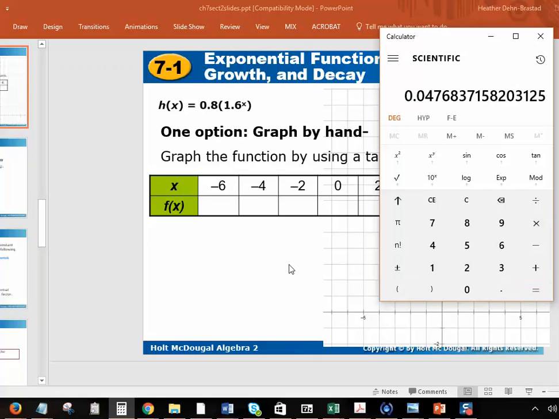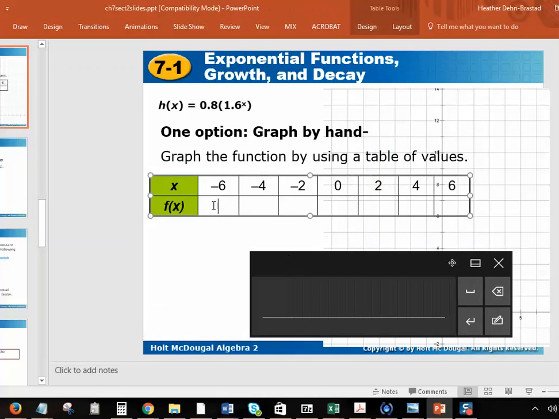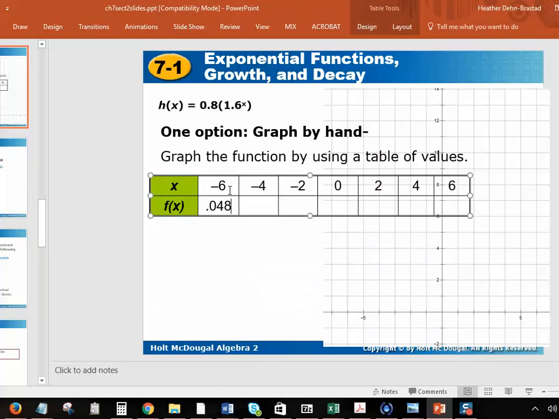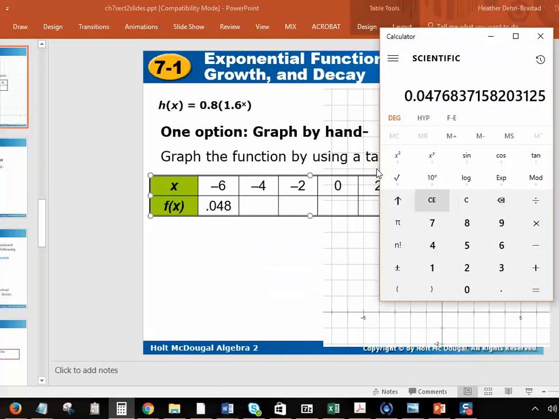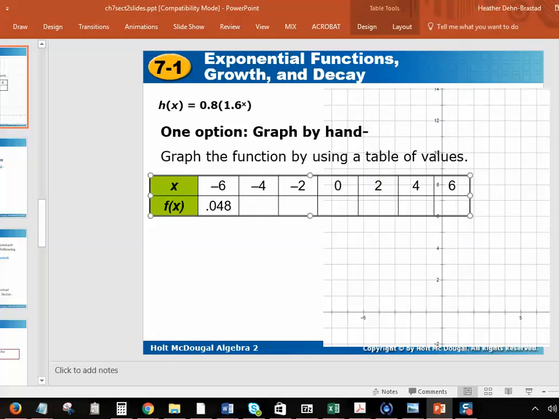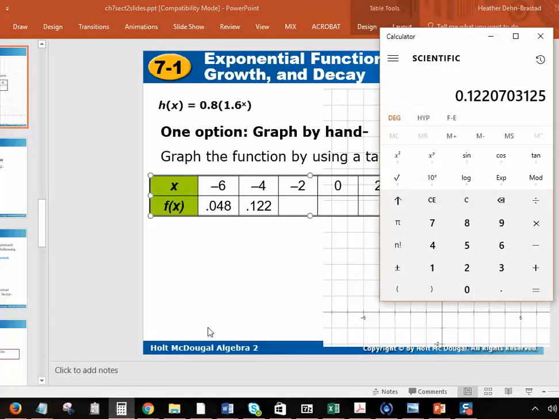Okay, I get 0.0476, so I'm going to round that to 0.048. Then I've got to get my calculator back for the next one. Clear this out. Next one would be 1.6 to the power of -4. Hit equals, multiply that by 0.8. And I get 0.122. Now when I graph these, I'm going to definitely have to estimate because these are very small decimal values. And you would continue this,